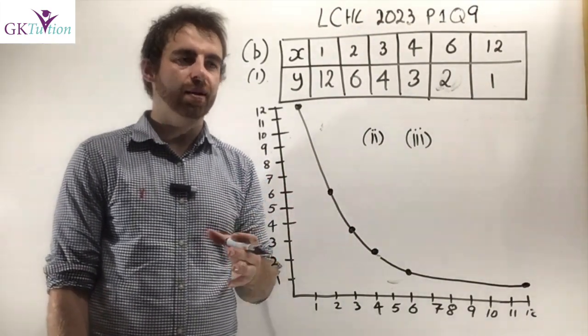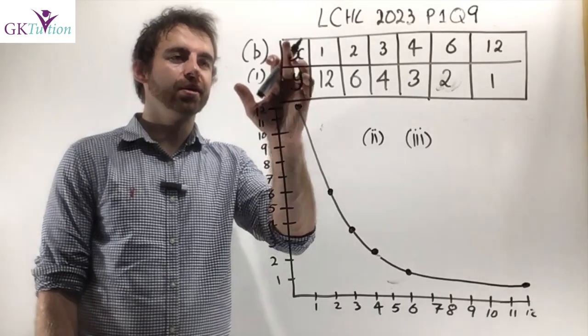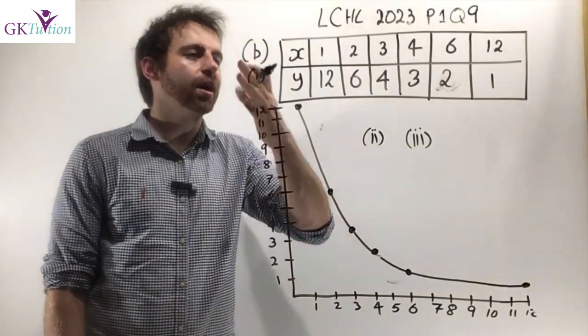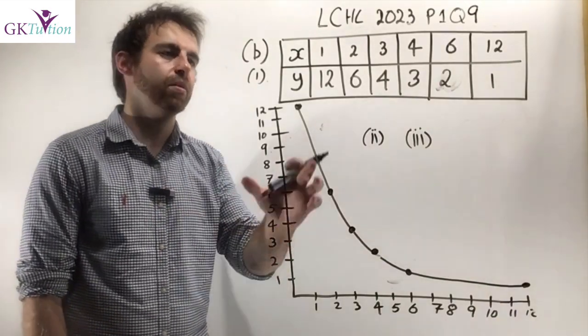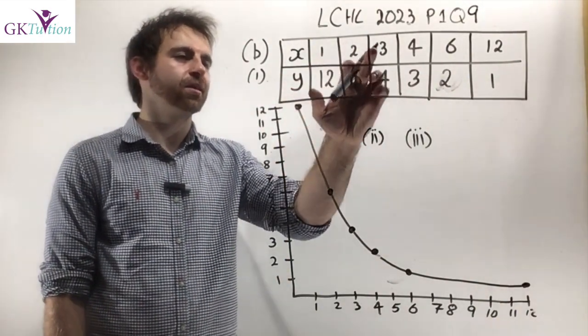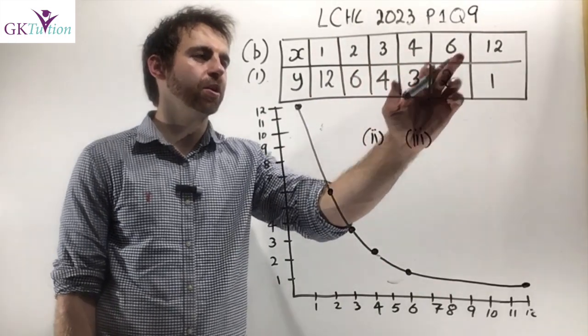For part B of this question, we're told that Ava is analysing the pairs of numbers that multiply by each other to give you 12. And we're told the pairs are x by y. Basically, we're asked to list out the 6 pairs of numbers that multiply to give you 12. So it's 1 by 12, 2 by 6, 3 by 4, 4 by 3, 6 by 2, and 12 by